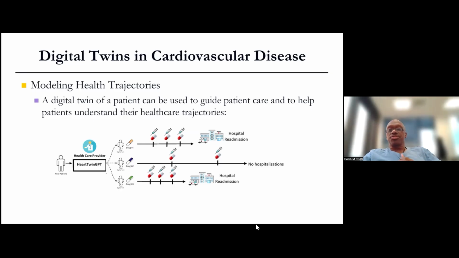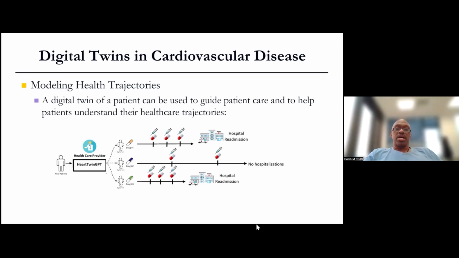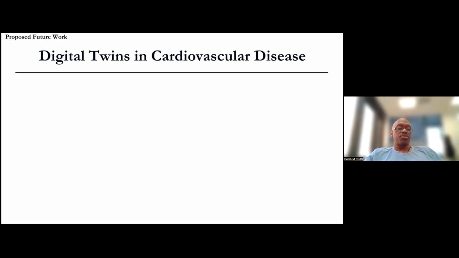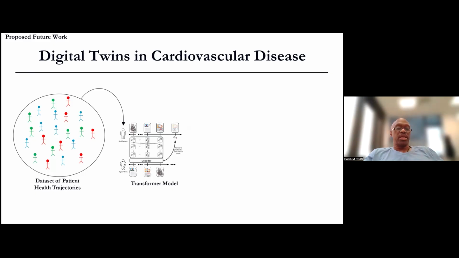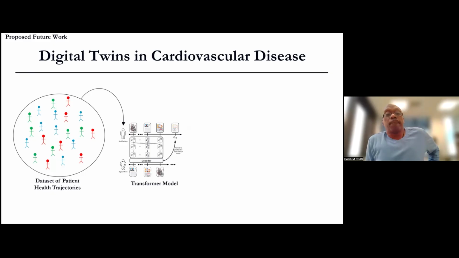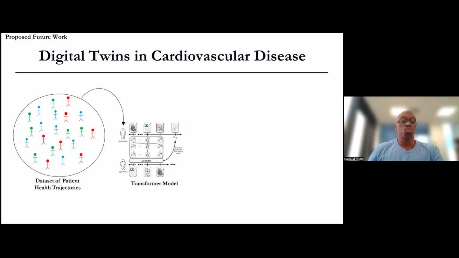And there are some efforts along these lines, and I think quite a few people working on this, and even some companies there. But there are some issues here. So if you look at this, just from the standpoint of cardiovascular disease, we have a population of patients. We want to train some foundation model to generate these trajectories. And so we have some transformer model. We can put the data in, and we can have something that will generate it. So, there are things you can do, but the question is what one should do.